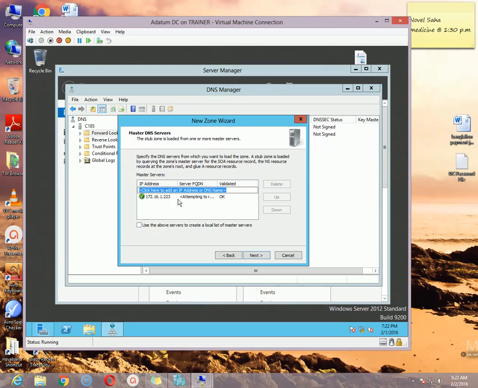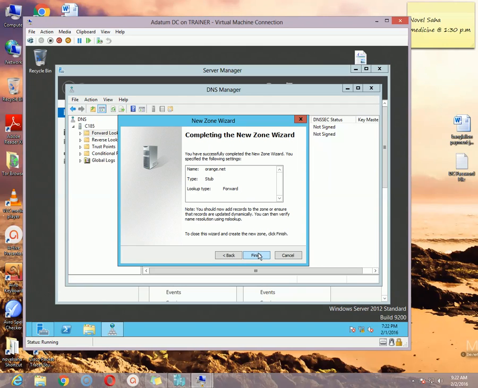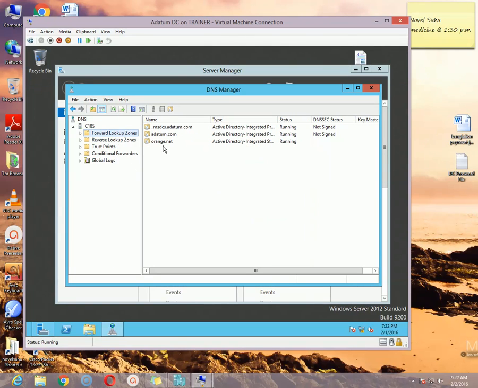Make sure the IP address is validated. Okay, so it is saying it is validated, so no problem at all. Just click the Next button and click Finish. Okay, so your first stub zone for orange.net is created in Atom DC.